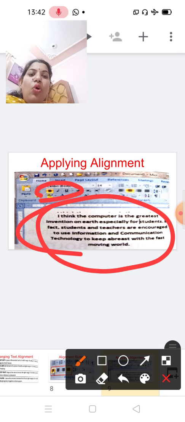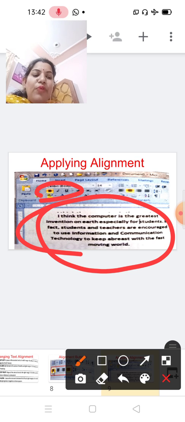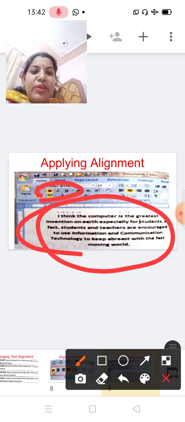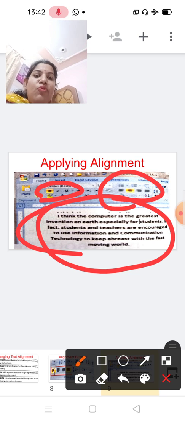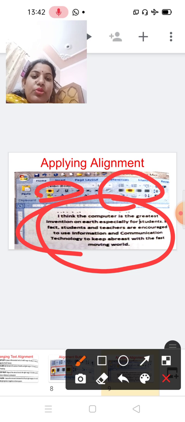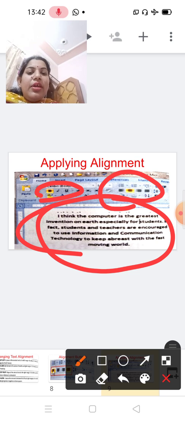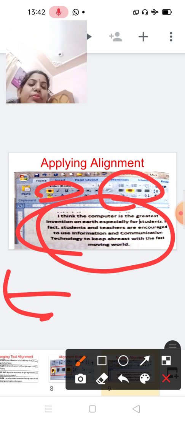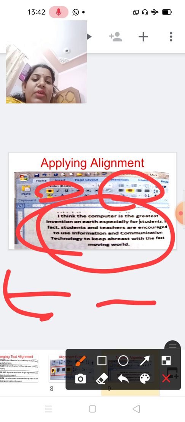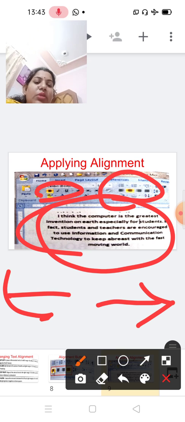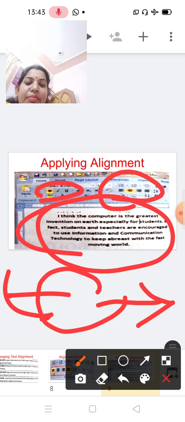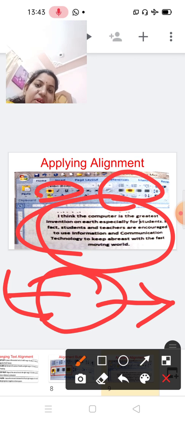We can also change the type of alignment by clicking the page layout tab. After that, we can choose this alignment. If we want to write on the left side, we can write from the left side, or in the middle, whatever we want.